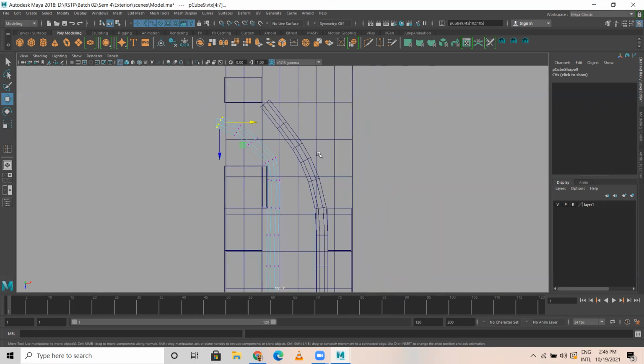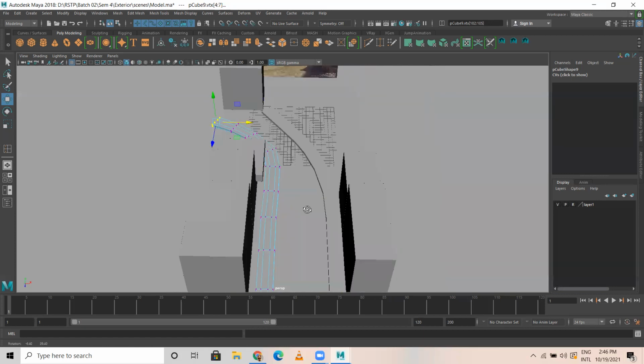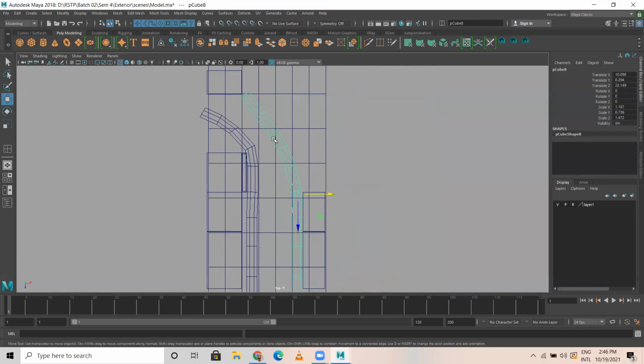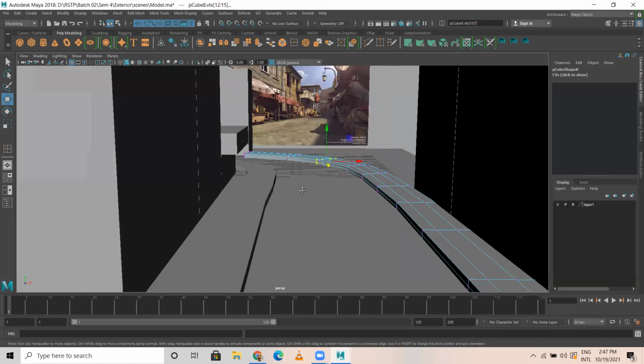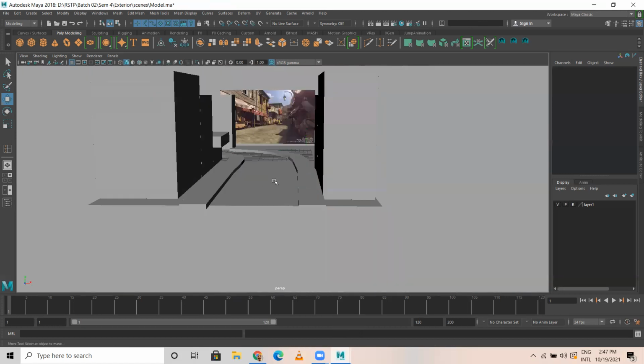So same way, we have a curve here. The way is done, the path is done. So what I do is, I can select this, make it a bit curvy like this. And this one, it's here. I can rotate it like this. Look, now this is curvy. Okay. So almost we got the base.